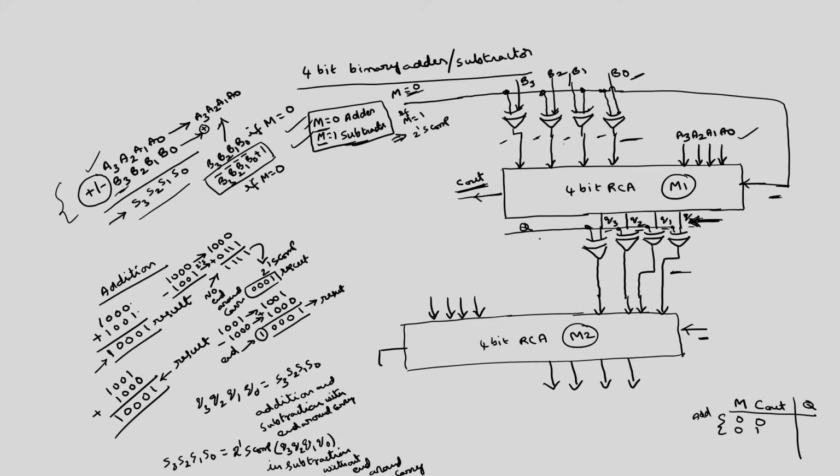So, as it is, you have to take it, which means Q should be 0. If one input to this exclusive OR gate is 0, then as it is this Q3, Q2, Q1, Q0 will appear at the output of the exclusive OR gates. So, in addition, regardless of this C out, I have to take the direct output. If M is 1, this represents subtraction. In subtraction also, in one case I have to take it as it is, in the other case you have to take the 2's complement. So, what is that case? If there is no carry out, you have to take the 2's complement. So, if carry out is 0, you have to take the 2's complement.